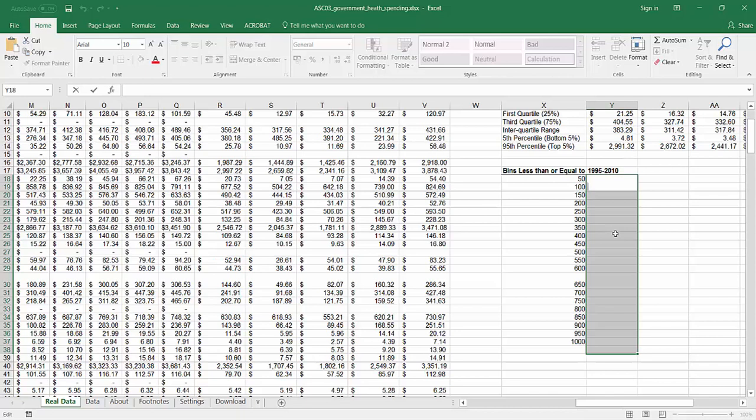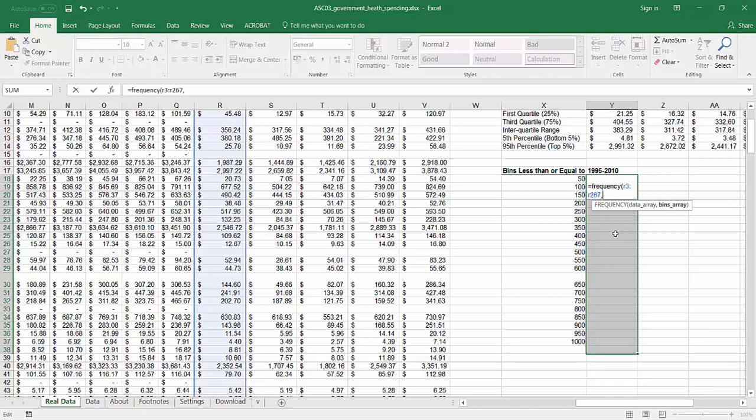So pressing F2 to get the cursor up, and we're going to start typing a formula. And that formula is equals frequency, open your brackets, give it the range of where our data is. It's not R2 anymore because we added an extra row when we did our inflation adjustment. So it's R3 down to R267. And we can check that it's got the right range in a moment, but R267, and then comma, because